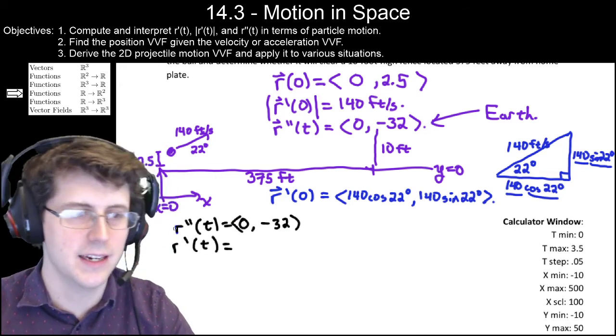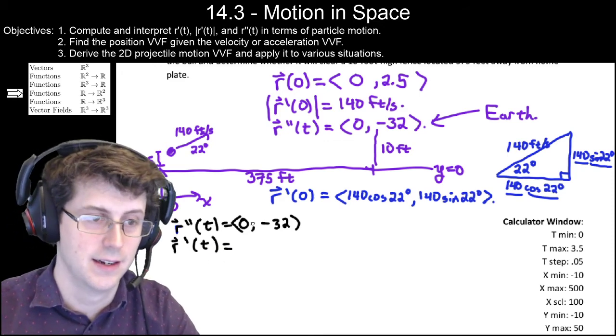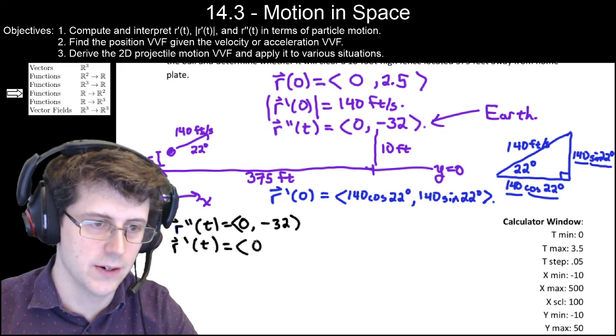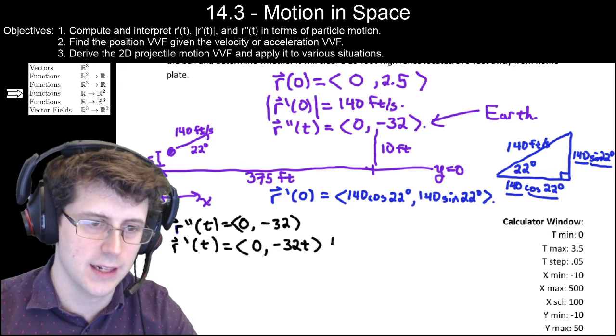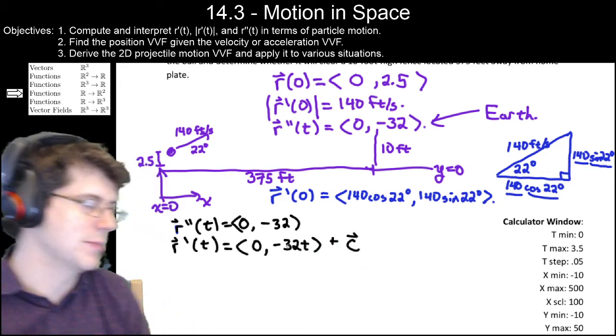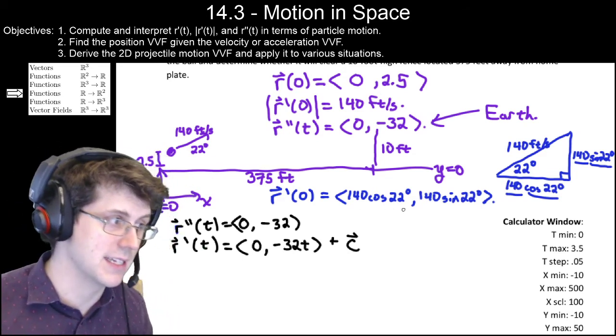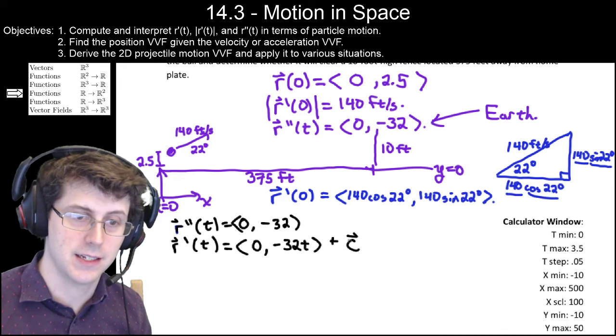When I take the integral of the acceleration vector, I get the velocity vector. So the integral of this times dt would be 0 and minus 32t, well, plus c. And the cool fact here is that when I plug in 0 for t, I get 0, 0, but I'm supposed to get this r prime of 0. So this c,